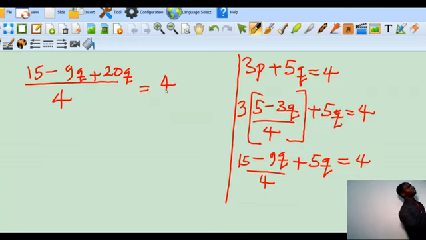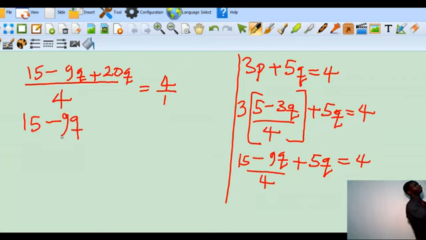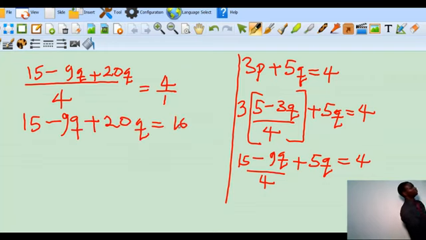And you can multiply both sides by 4. So you have 15 minus 9q plus 20q is equal to 16. If you add these, 15 plus 11q